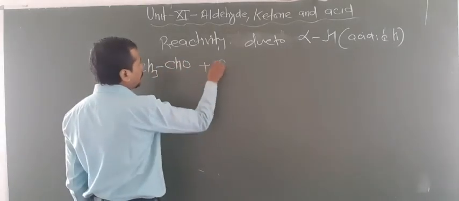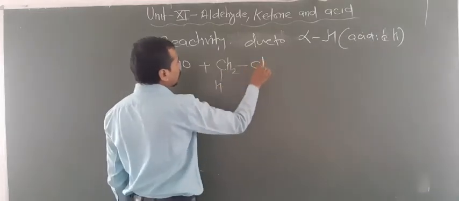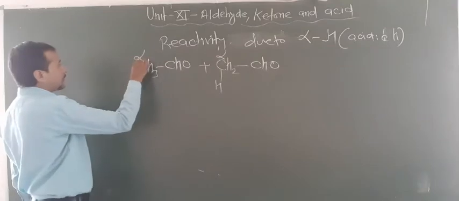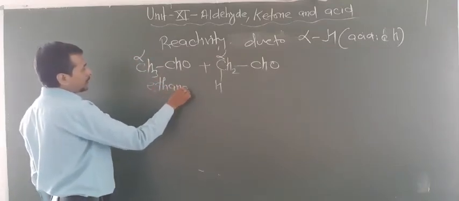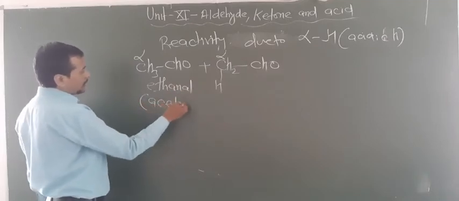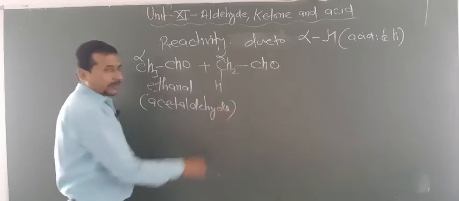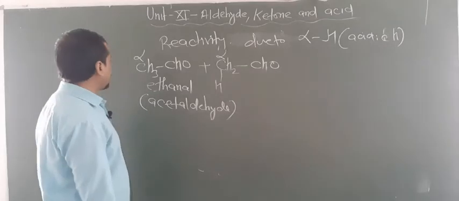One more aldehyde can be taken, you can put 1H like this. Okay dear students, this is alpha hydrogen, this is also known as alpha hydrogen. The name of this chemical is ethanal in IUPAC nomenclature, and in common name it is known as acetaldehyde. Are you getting this point? Okay. So now dear students, look at here,